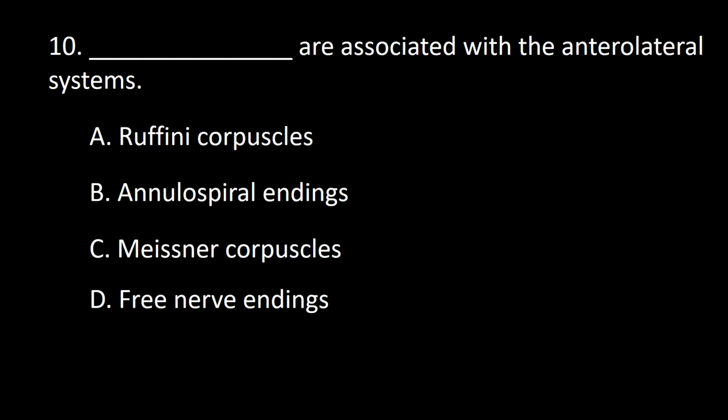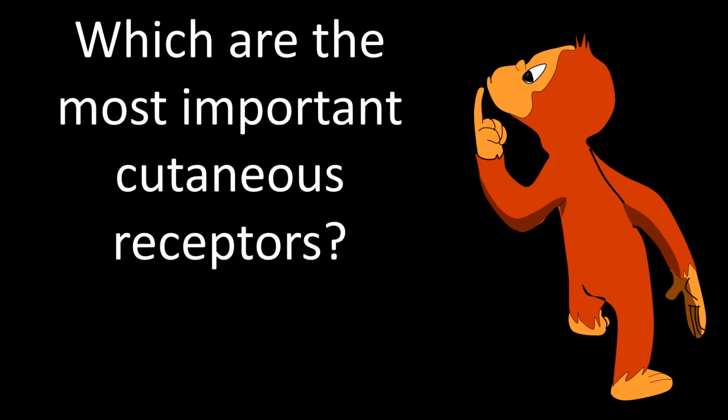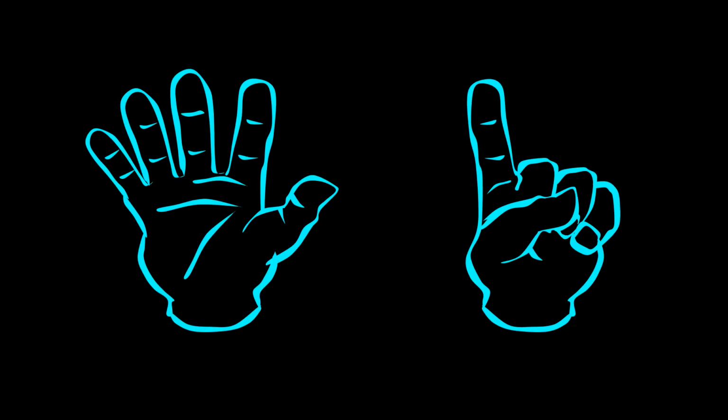Next question. Dash are associated with the anterolateral system. A. Ruffini corpuscles. B. Annular spiral endings. C. Meissner corpuscle. D. Free nerve endings. Which are the most important cutaneous receptors? I will mention 6 of them. The first one is